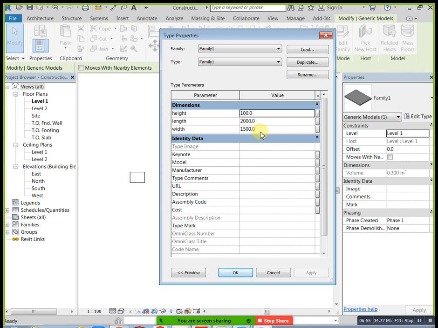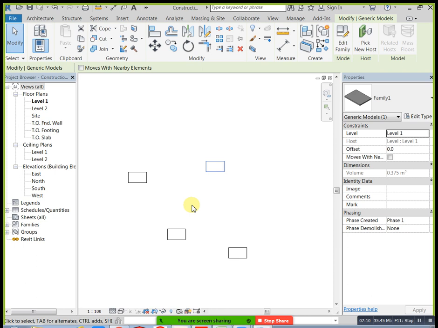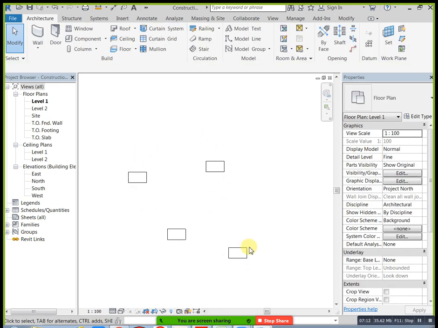Next, go to height. You can change the height into 250, or you can change 2000 to 2500. Apply. Okay, automatically all are changing. For example, I don't need this all, I placed 100 doors or 4 doors. In those 4 doors I need to change only one door, meaning I've placed 4 objects of one category. See, these are all a single category. I need them with different dimensions. For example, this is 2000, this is 2500 width, this is 1500, this is 1000.